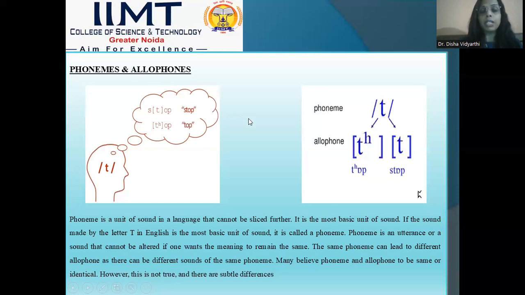What changes is only the pronunciation. See, in American English or in British English, what is the basic difference? The major or basic difference is only about the pronunciation. There are certain spellings different in British English, certain spellings different in American English. And when the spelling is different, it means we are using different sounds, and we are pronouncing them differently. So this is the basic difference.